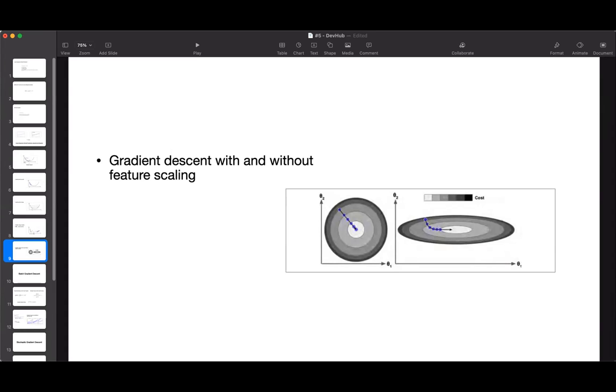Now, one thing we have to note is that we have discussed gradient descent, and there are various types of gradient descent. The diagram here also illustrates the fact that training a model means searching for a combination of model parameters that minimizes the cost function over the training set. It is a search in the model's parameter space.